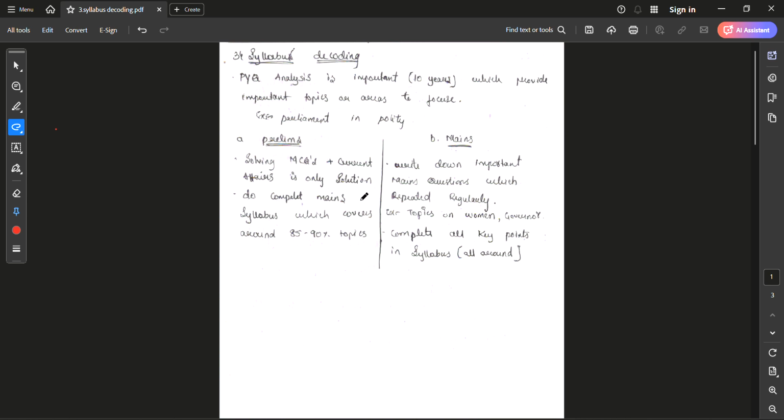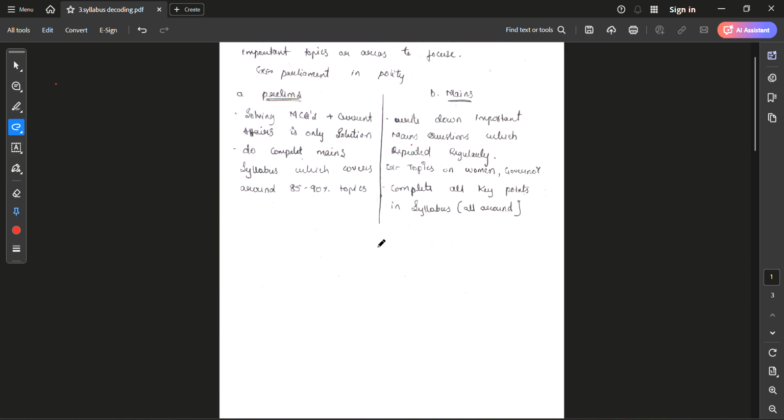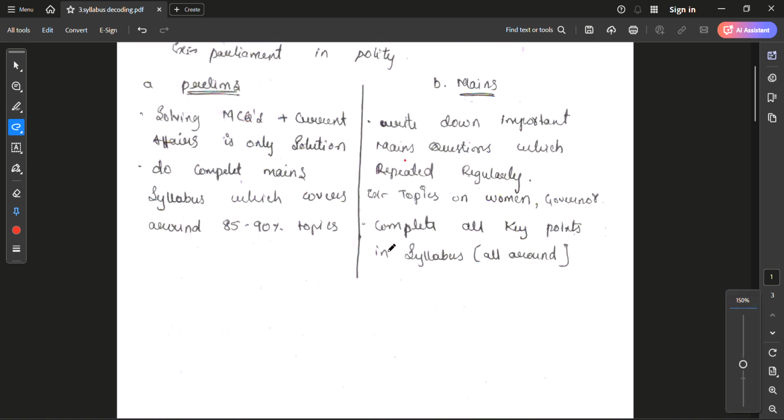Hello friends, now I am taking the third question, which is syllabus decoding. You can see here,